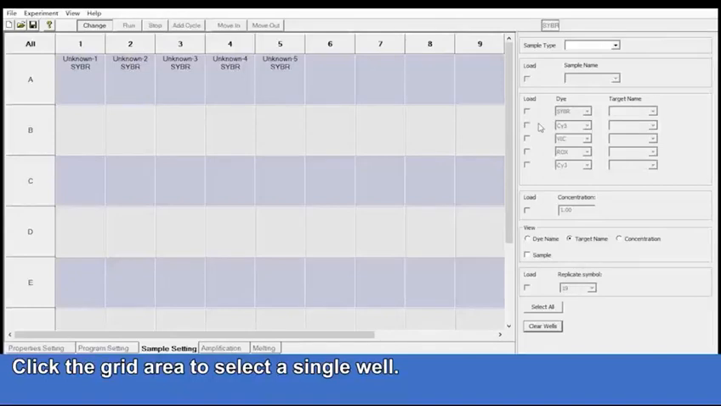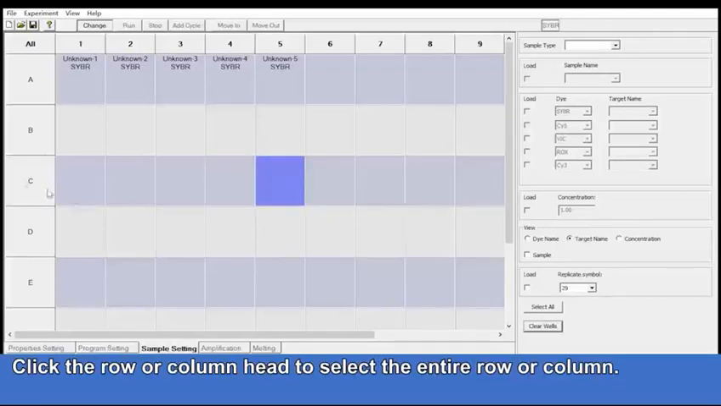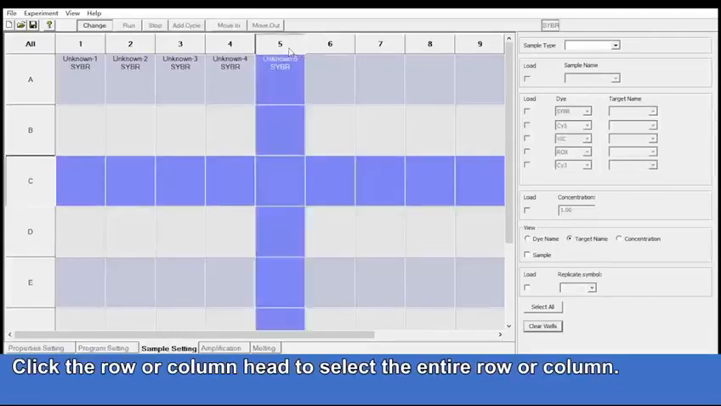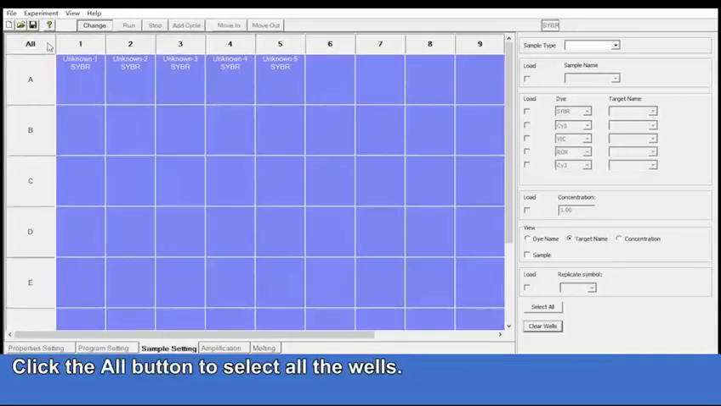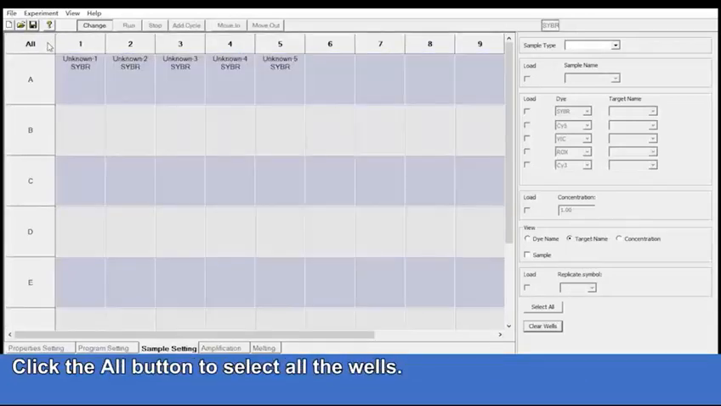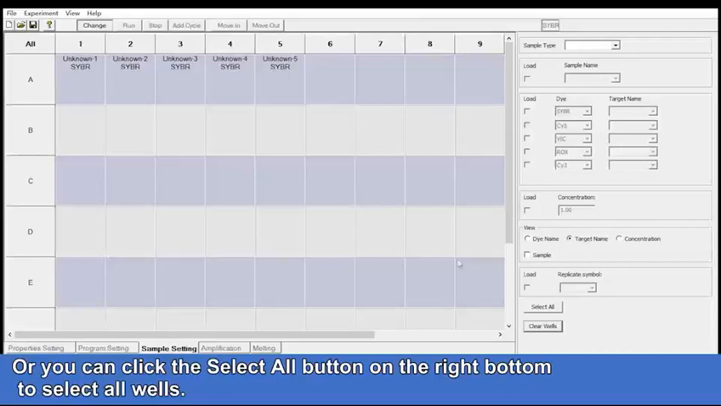Click the grid area to select a single well. Click the row or column head to select the entire row or column. Click the All button to select all the wells. Or you can click the Select All button on the right bottom to